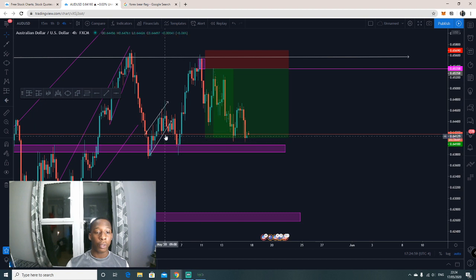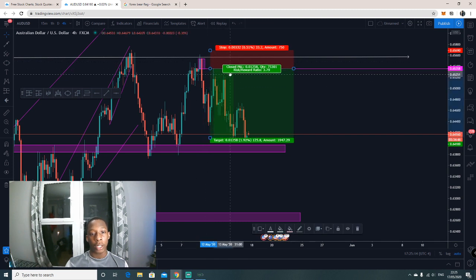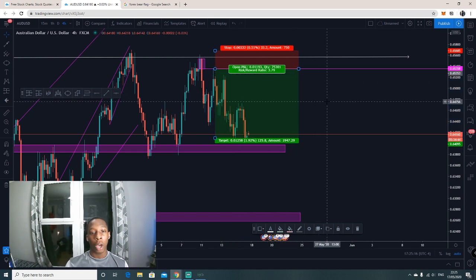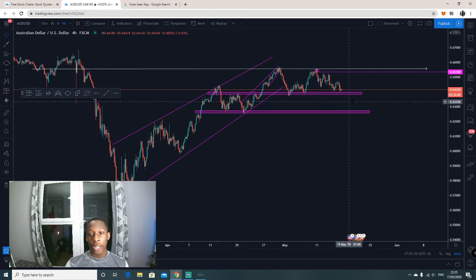I entered on a trade for the continuation and I got tagged out. It made this double bottom and it flew up. But I entered on this order block right here, so it formed the order block, got in that for the retest, and that was a 125 pip trade. But for now, because it's at a support level,